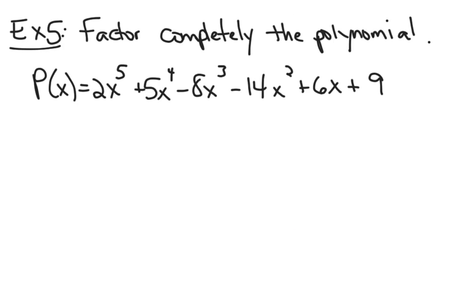So now we've talked about using the graphing calculator to help us factor a polynomial. I don't care how big the polynomial is. If they ask me to graph or factor it, the first thing I'm going to do is graph it. So if you graph 2x to the 5th plus 5x to the 4th minus 8x cubed minus 14x squared plus 6x plus 9, you'll see that it absolutely hits the x-axis at negative 3, at 1, and the,